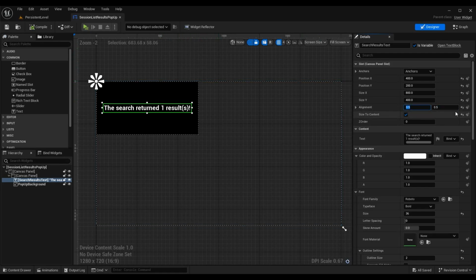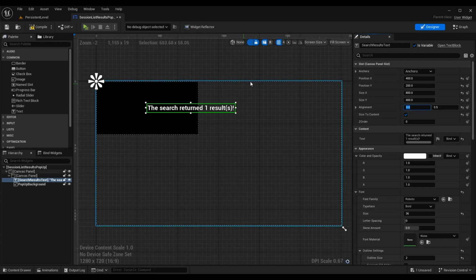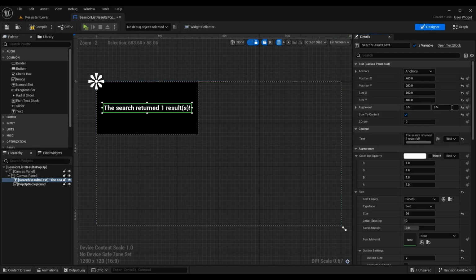And let me show you what I mean. If I switch the alignment to 0, then it is wrong. The origin, or the top left of the text box, is in the center of the widget. That's not what we want. We want the whole widget to be centered. So setting it to 0.5 fixes that. And same with the Y. If you set it to 0, it's not going to be in the right spot, but setting it to 0.5